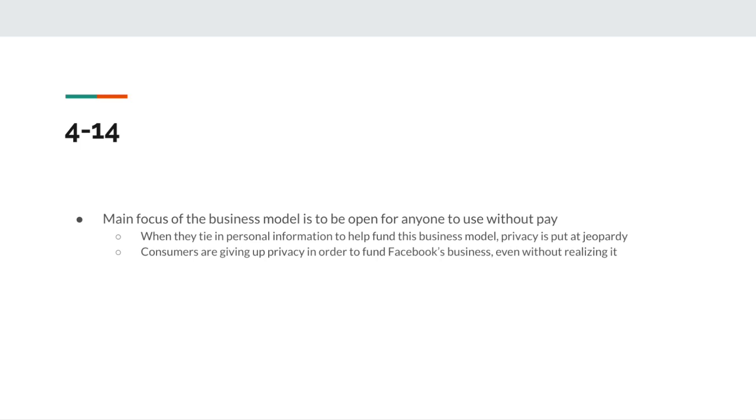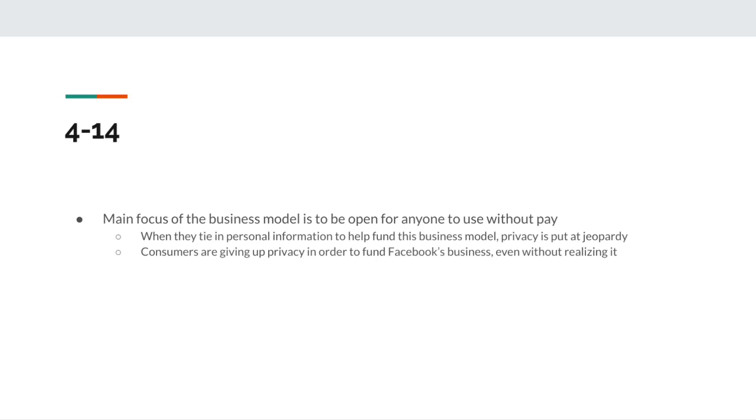And when personal information gets tied in with this business model, all the users' privacy is put in jeopardy. That's basically the relationship: yes, they have this business model of being a free, open company, but your information is being exploited.